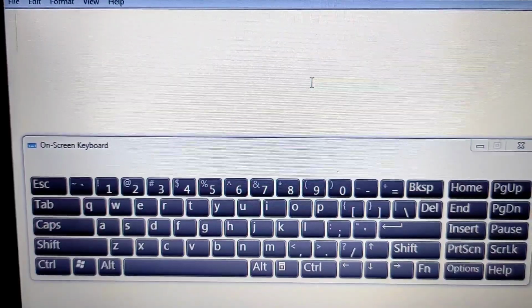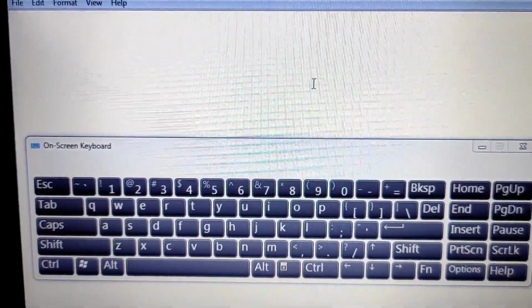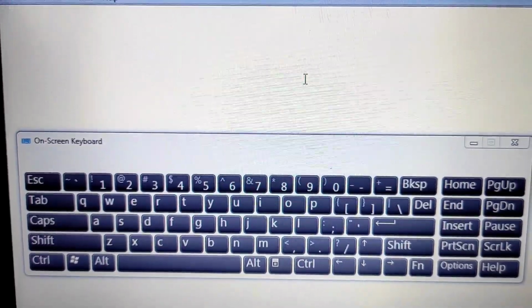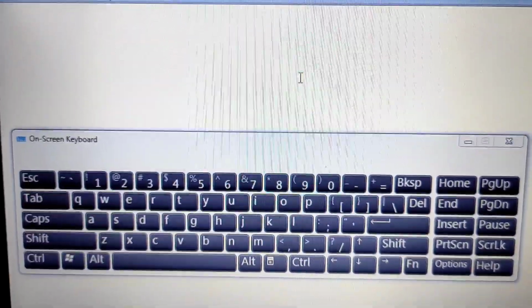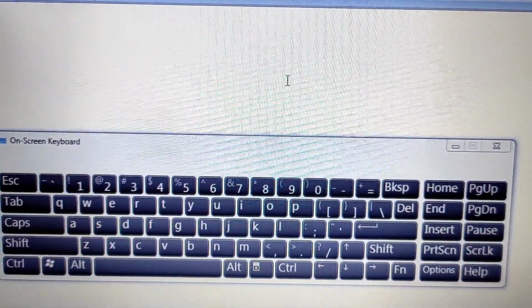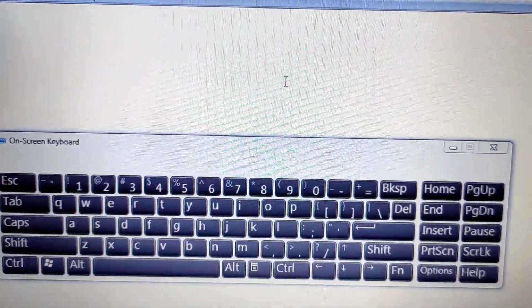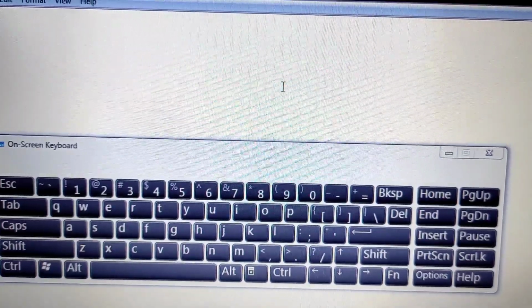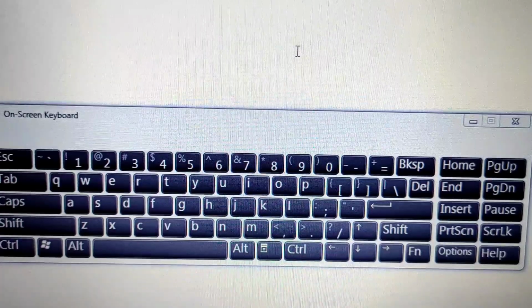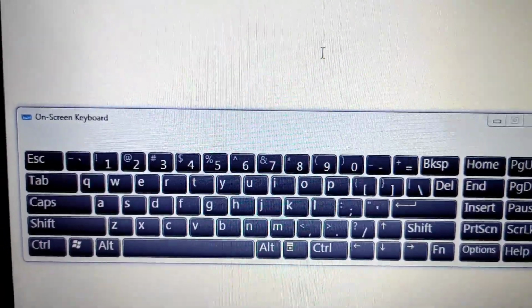Dear children, now we are going to see the next special key, that is delete key. The delete key is also used to erase the wrongly typed letters or numbers, just like backspace key. The delete key helps in erasing the letters to the right of the cursor. So let us take an example and see the use of delete key.